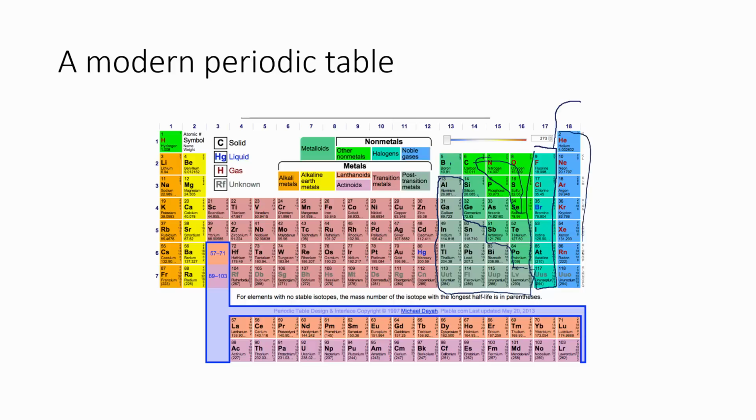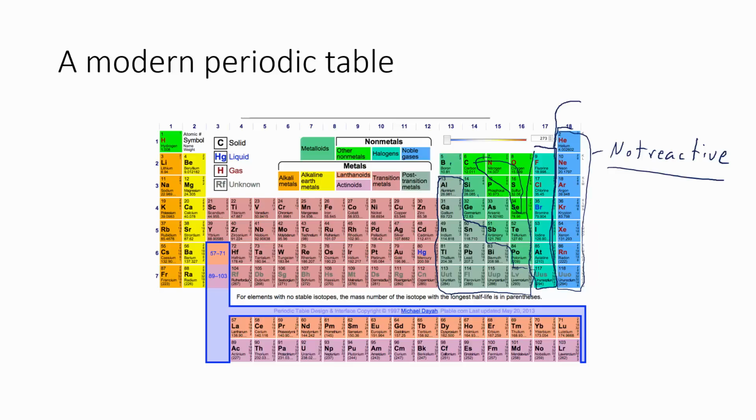Now this last row in kind of a darker blue are the noble gases. And the noble gases have the property of, for 99.9% of what we're going to talk about, they will not react with anything. And that can be good or that can be bad. If you want them to do something and change, then that's a bad thing. If you want to have some sort of atmosphere that's not going to burn, that's not going to react with whatever it is that you have in your cylinder or in your vessel, then these things are a great inert atmosphere to be able to use. They're all gases and